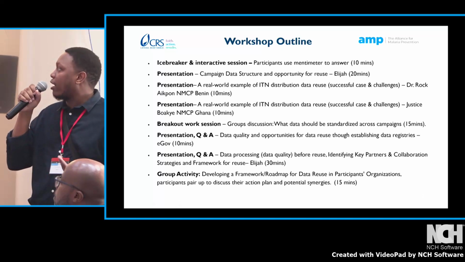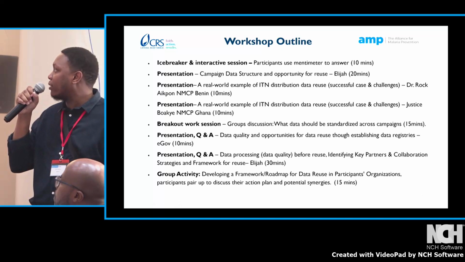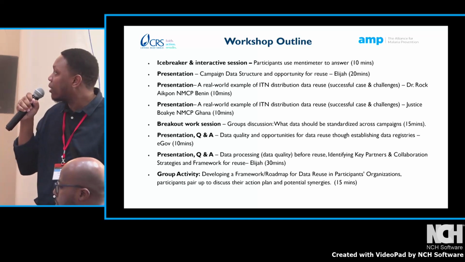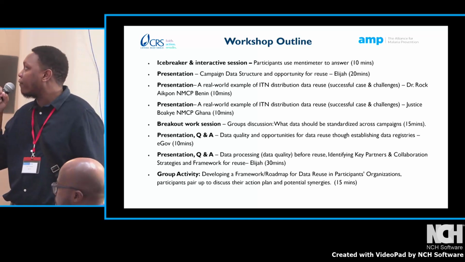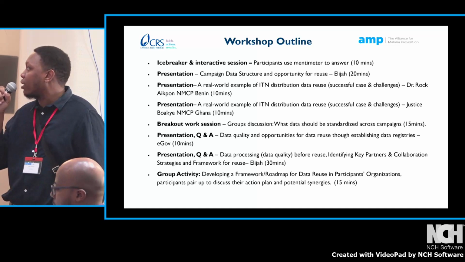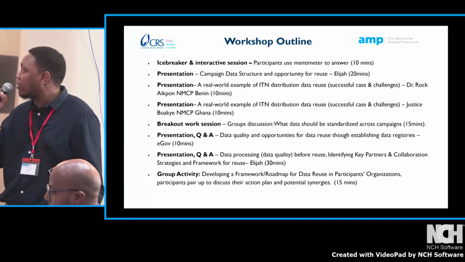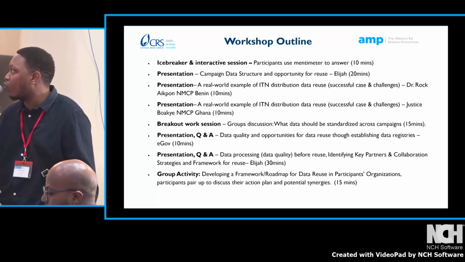After that, we'll have a breakout work session to discuss what data should be standardized across campaigns. We'll then have 2 presentation and QA sessions, the first on data quality and opportunities for data reuse through establishing data registries, and the second on data processing before reuse, identifying key partners, collaboration strategies, and framework for reuse.